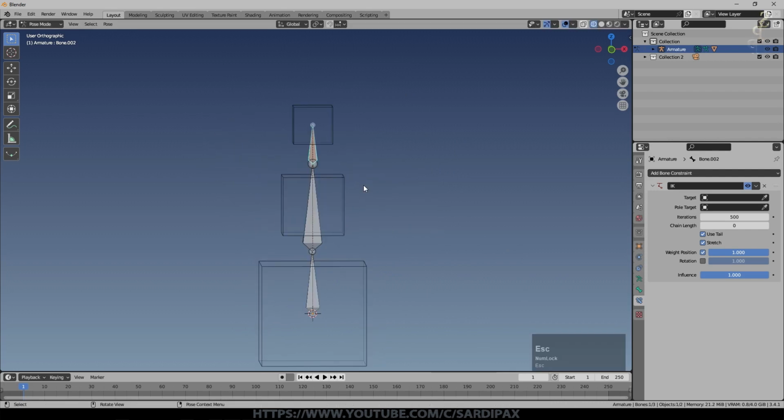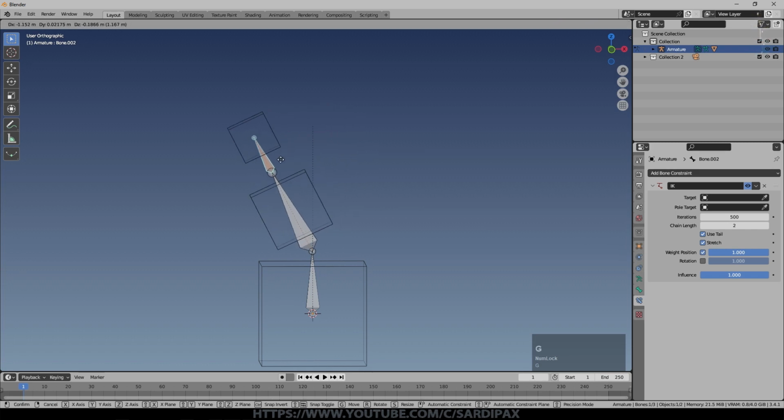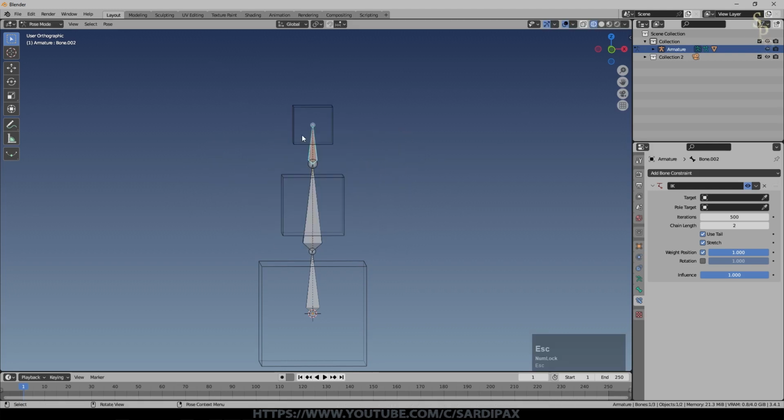Now you might not want that, especially if this was a body and this is an arm, and you control that with the chain length. So it's set to 0 at the moment, which essentially means infinite. But if I set that to 1 and now do this, you can see nothing really happens. It does what it did before. But now put it at 2 and I press G. I'm not rotating, I'm just pressing G. You can now see that middle cube is moving around, trying to stay in contact appropriately with the top cube. And I could have as long a chain as I wanted and it would do exactly the same thing.